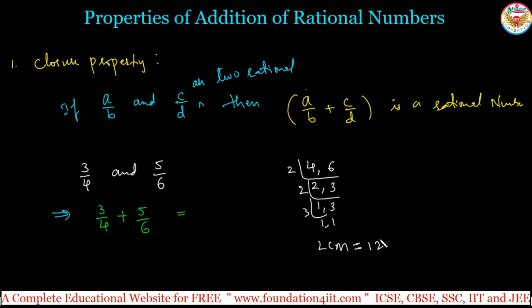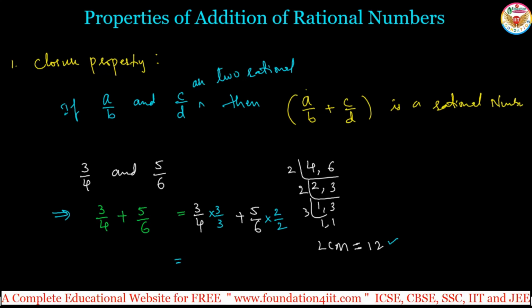Now this LCM is 12. We should make the denominators 12 for both fractions, 3/4 as well as 5/6. So the given is first 3/4 plus second 5/6. Now check what number should be multiplied. Here the denominator is 4, but I need the denominator to be 12. So extra 3/3, because 4 times 3 is 12. The same number you multiply for the numerator, so the value does not change. And 2/2, because 6 times 2 is 12, the same 2 you multiply for the numerator also. So 3/4 times 3/3 plus 5/6 times 2/2.